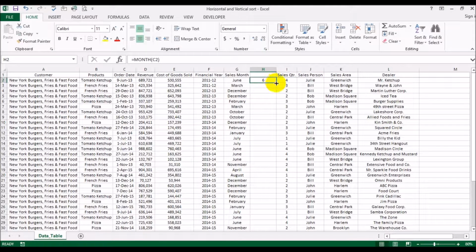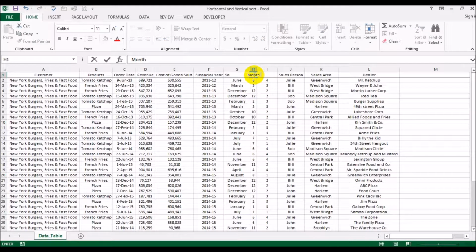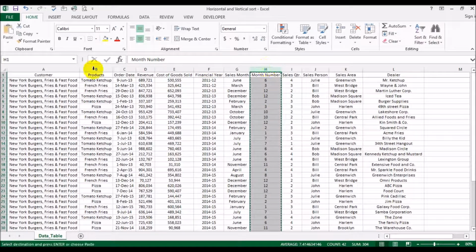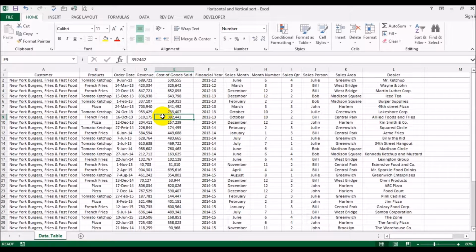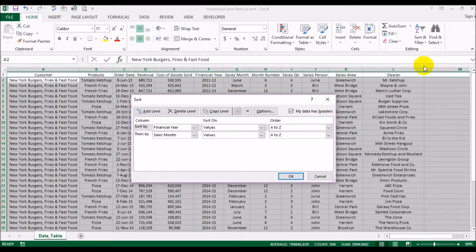Okay, and let's just put it month number. Okay, now I'm just going to do a paste as value, so I don't want to mess with formulas anymore. There you go. Okay, now we'll highlight the whole sheet, go to sort, custom sort, and the second level we'll